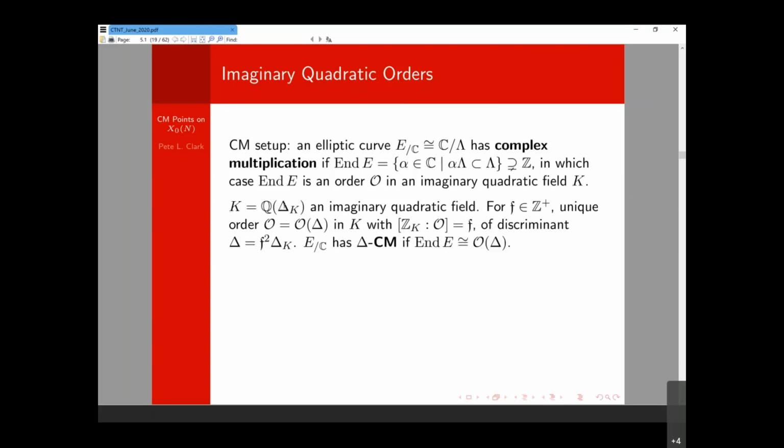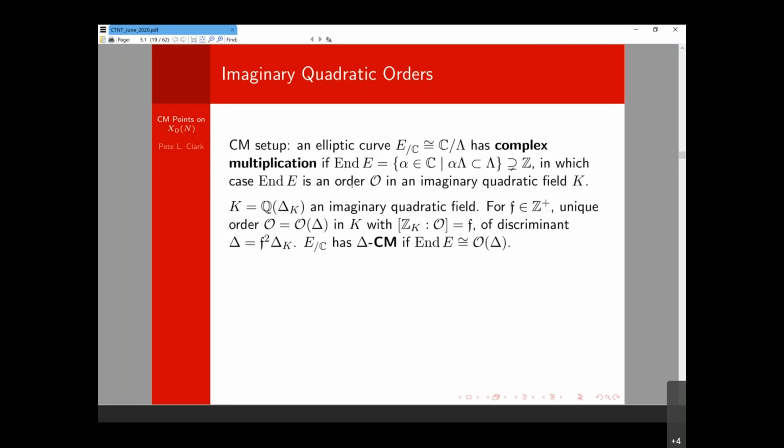So K is Q adjoin the square root of some negative number. Delta of K is going to be the discriminant of the field, in other words, the discriminant of the ring of integers of the field. So Z_K is the ring of integers. That's the maximal order in the imaginary quadratic field, but the endomorphism ring could be